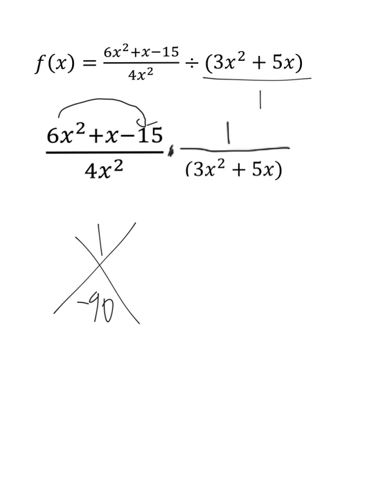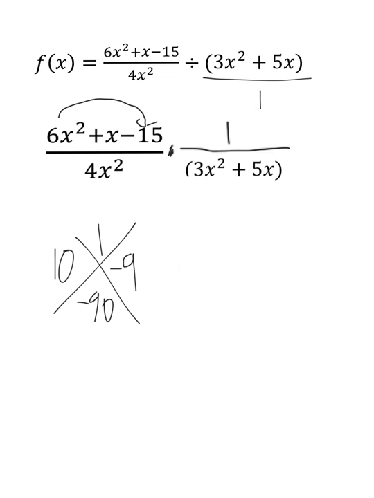What are my factors of negative 90 that add up to 1? 90 has a lot of factors, but 10 and 9 are only 1 apart. If I do 10 minus 9, that adds up to 1, and 10 times negative 9 multiplies to negative 90. So I think we got it. We're going to say x plus 10, x